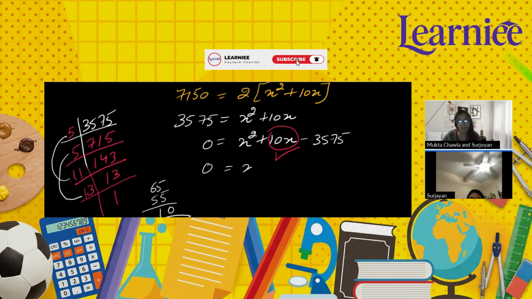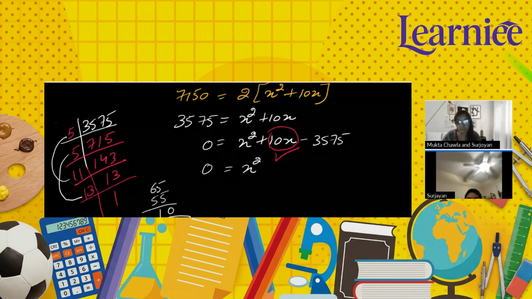I was just saying that if it was 5x, the difference would have to be 5. Yes, you are right. Very good. Had there been 5, we would have done it like this. You would have to pair it in a way so that you get that value, right? Okay.